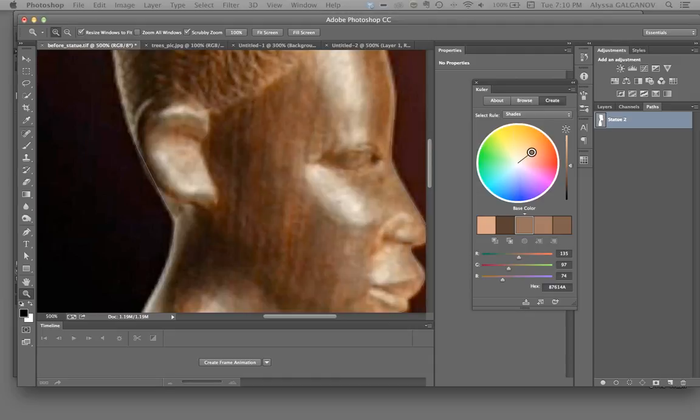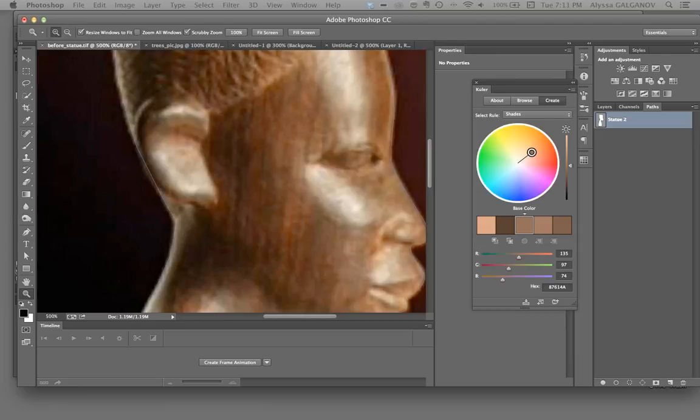And it's off screen for you guys, but I'm going to Save As, and I can do this as a TIFF or as an EPS, because those two formats support a clipping path. If I do it as a JPEG, it's probably just going to come out as the whole thing with the brown background still, which I don't want. So in this case, I'm going to say TIFF for statue,